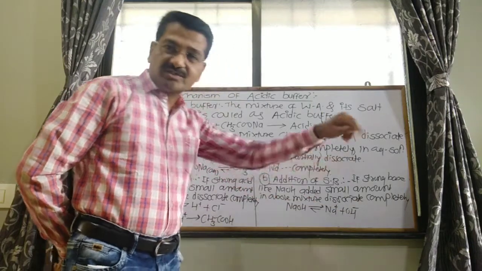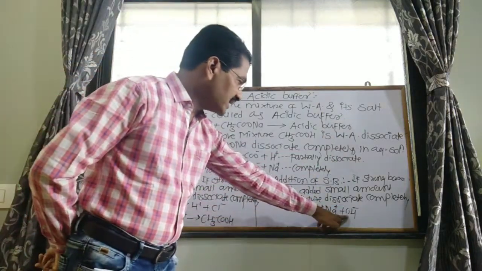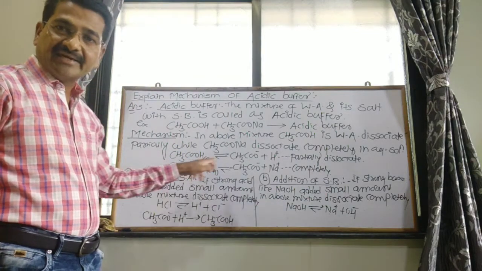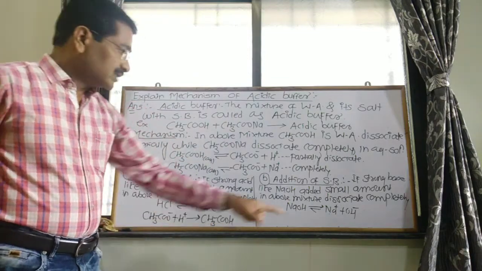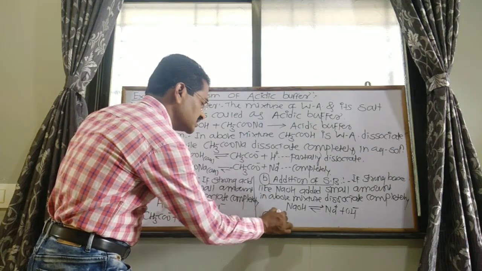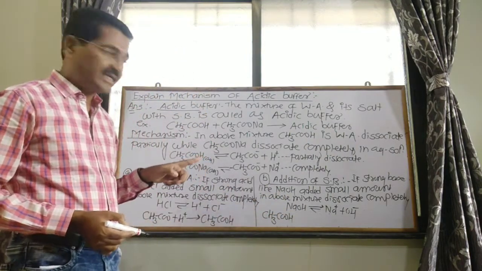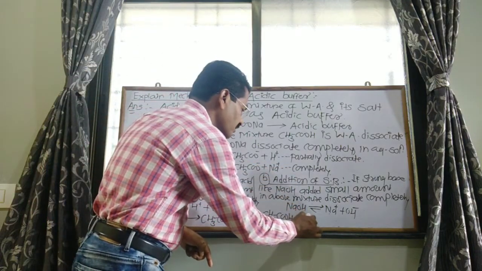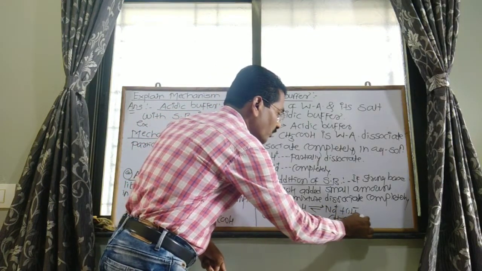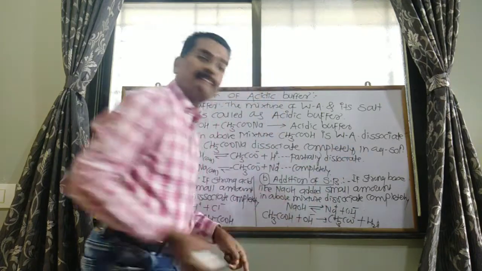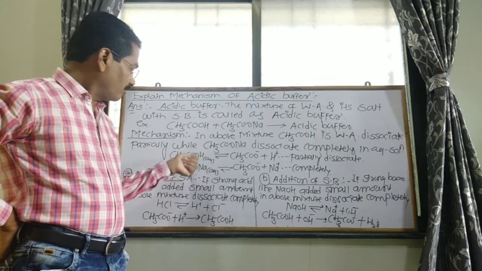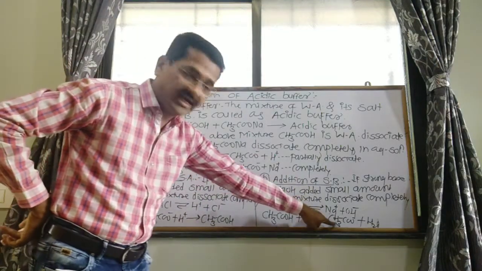These OH minus ions combine with acetic acid to form the acetate ions. See, these OH minus ions combine with acetic acid of the mixture. CH3COOH is the acetic acid, combines with OH minus ion to give the acetate ions CH3COO minus plus H2O. By addition of NaOH in above mixture, it combines with acetic acid to form the acetate ions.